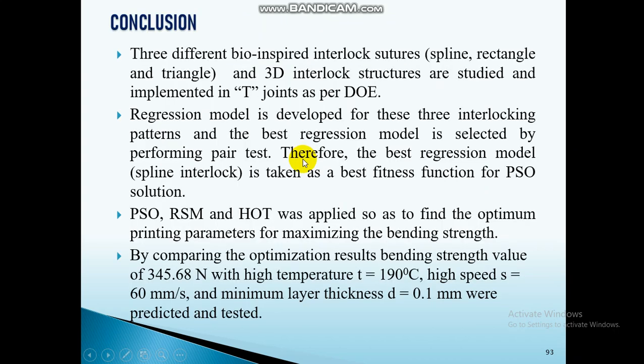So the conclusion here is I identified three different 3D interlock sutures: one is spline, and then rectangle and triangle. And I performed a design of experiments. Nearly 48 experiments were fabricated here, and these were tested. And then I developed a regression model for all these three interlock sutures, and I selected the best interlock suture by performing a t-test, and then I used that regression model for optimization. I used RSM, PSO, and